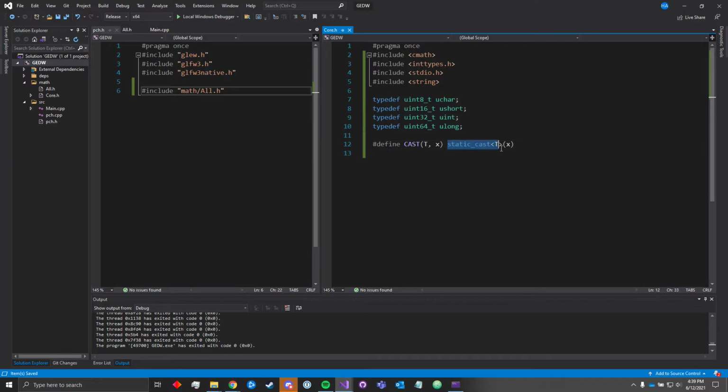Static cast is just an operator or a method defined somewhere in one of the files that we've included. And it just says treat this variable x as whatever type t is, as long as it's safe. And that's very important, as long as it's safe,